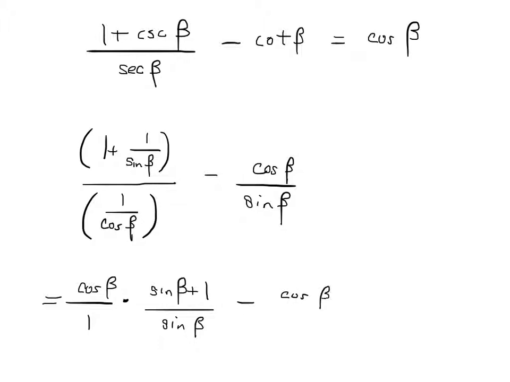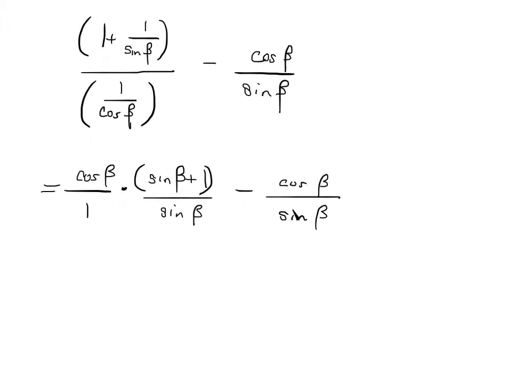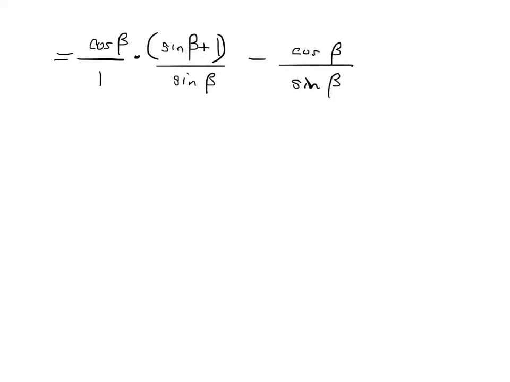And then we're subtracting cosine beta over sine beta. Now this is parenthesized. Now these fractions are already commonly denominated. Right? So we've got cosine beta times sine beta plus cosine beta, that's distributing the numerator on the left, minus cosine beta, all of